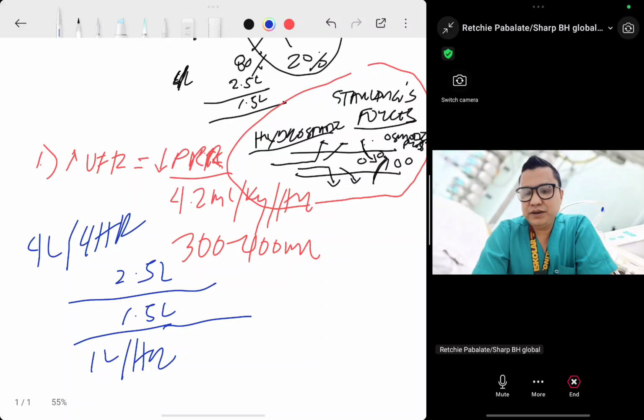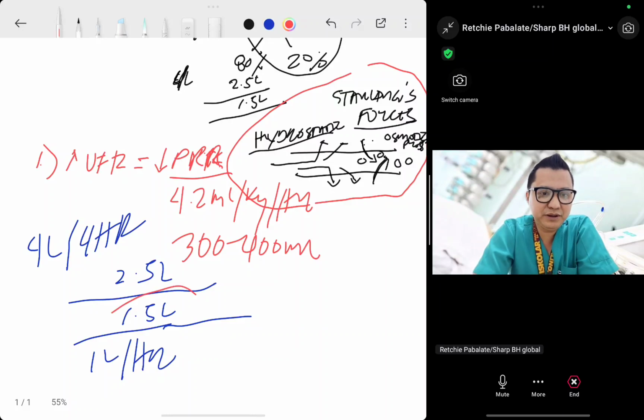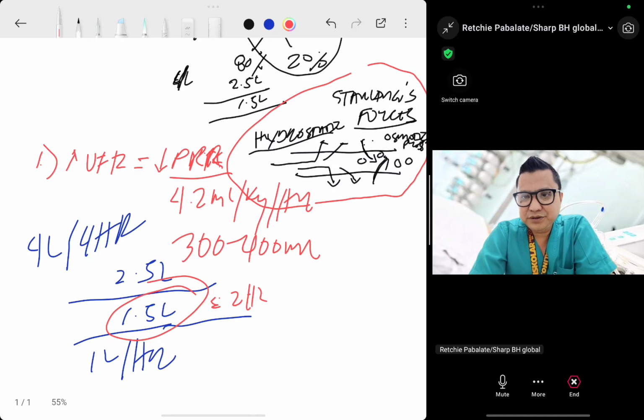What we are removing freely during ultrafiltration, or fluid removal during the treatment of our patient, is the fluid located in the intravascular space. So imagine 1 liter per hour. After 2 hours, we have already removed the fluid from the intravascular space. And that's the reason most hypotensive episodes happen after 2 hours. You get it? Again, we know that the majority of the fluid is located in the intracellular space and in the interstitial compartment.